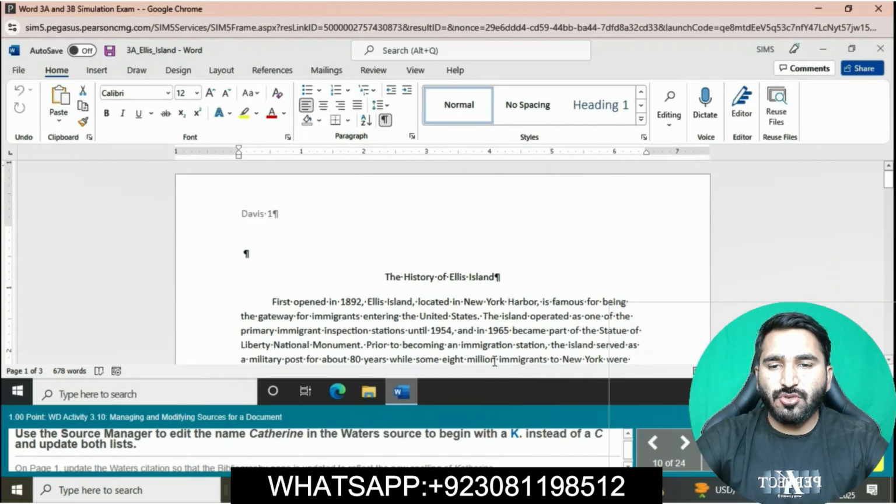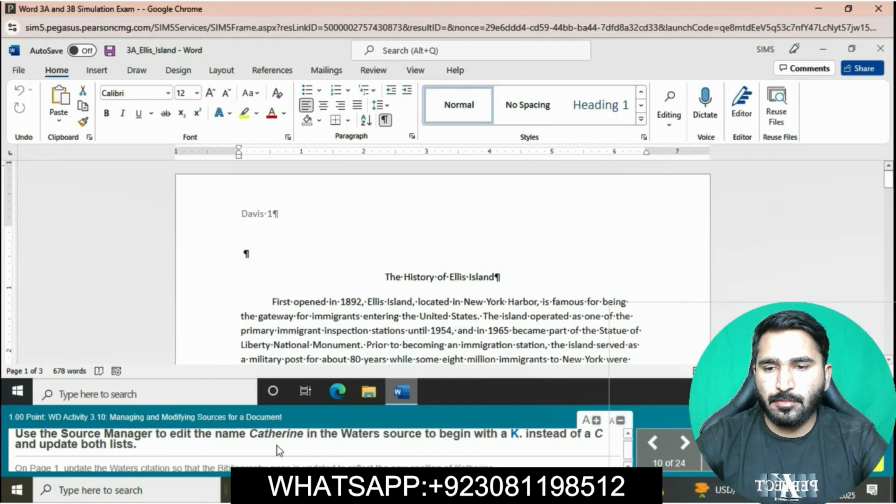Use the Source Manager to edit the name Catherine in the water source to begin with a K instead of a C and update both lists.